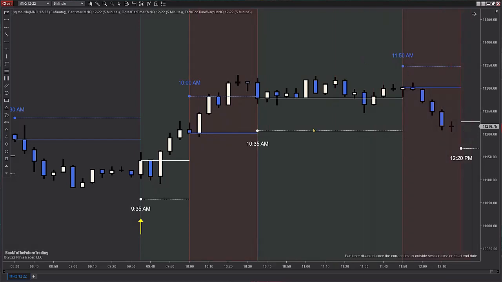So I'll go ahead and show you the exact system that I was trading today. It's really quite simple. At 9:35, the market opens at 9:30, right? There's the open. White dots mean up, blue dots mean down. This is not how I traded it. I traded it with the rev poll, but I might as well use this time to backtest what it would have been like without rev poll, here on the webinar, because this won't take long to test. It's the 5-minute, so it shouldn't take long.